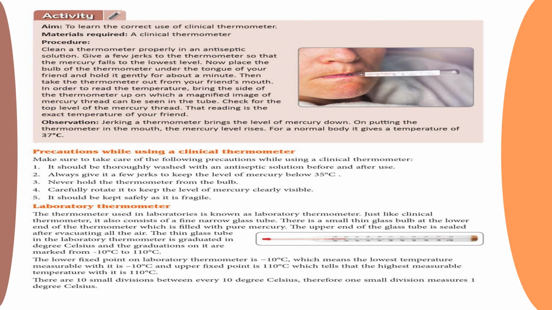Precautions in using a laboratory thermometer. While measuring temperature, the laboratory thermometer should be held vertically and the thermometer bulb should be surrounded from all sides by the substance whose temperature is to be measured. The thermometer reading should be taken while its bulb is still in touch with the substance whose temperature is being measured, by keeping the mercury level along the line of sight. The thermometer should not be held by the bulb. The thermometer should be carefully handled.